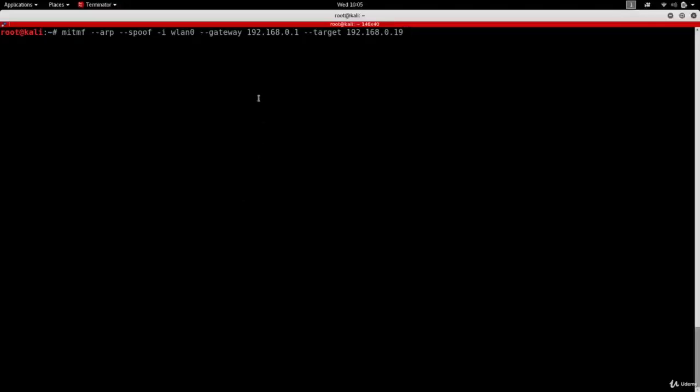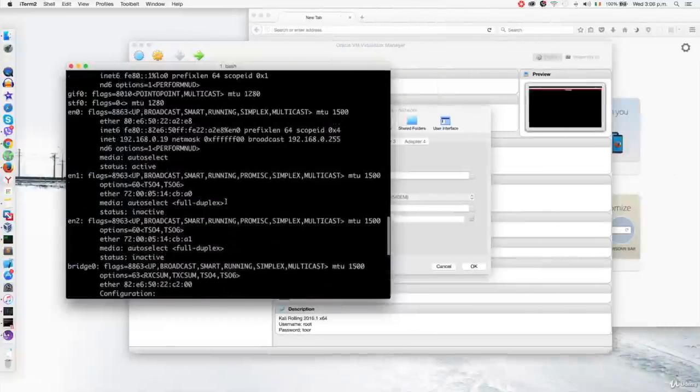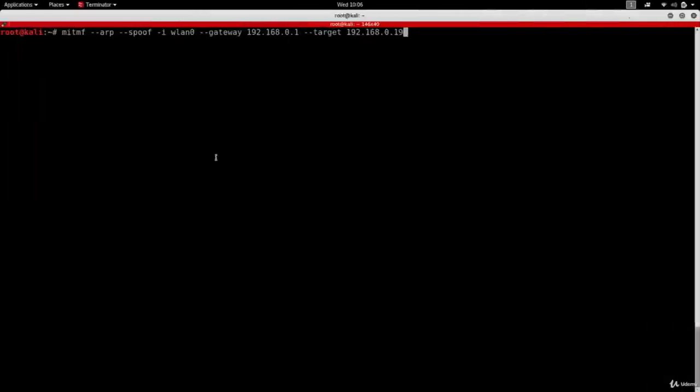The only difference is we're using different arguments. We're using LAN 0 because LAN 0 is the wireless card that's connected to the target network. We're using the gateway, which is the first IP of the same IP that we have. And then we're using the target, which is this Mac machine, and we've seen it to be 192.168.0.19. I'm going to hit enter